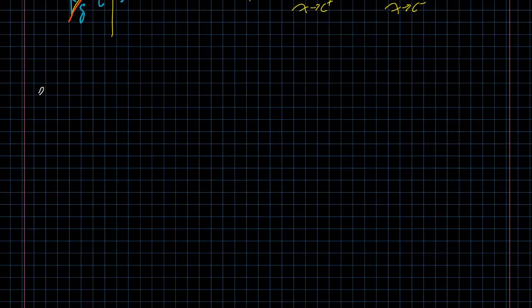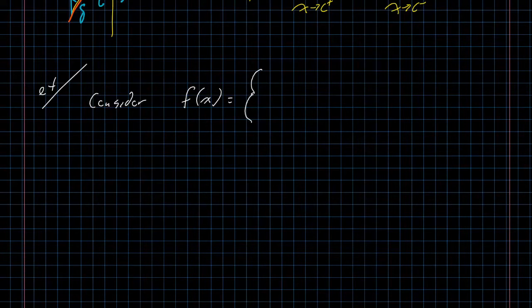And the classic example of where a one-sided limit is useful is in a piecewise defined function. Absolute value, sure, but really any function will work. So let's consider the function f of x equals